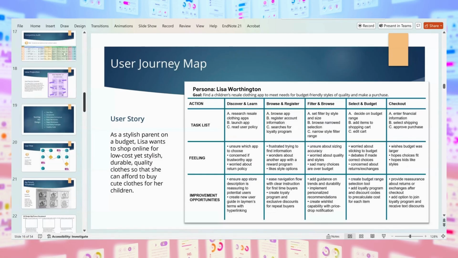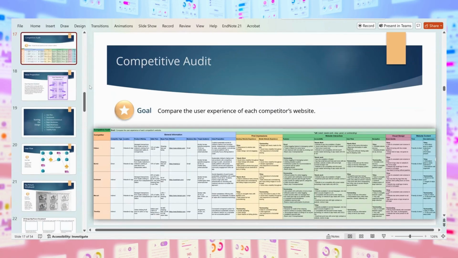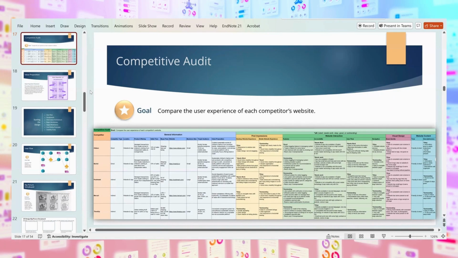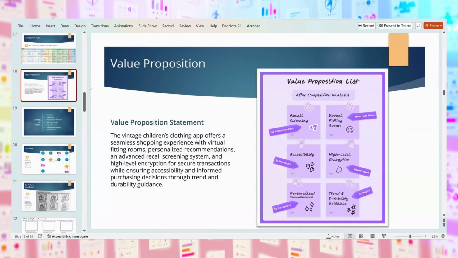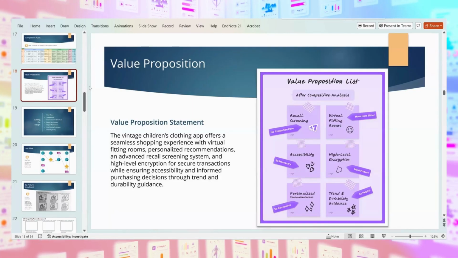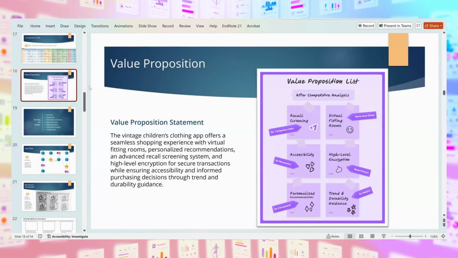And then you do a competitive audit of everything that's out there. You go and look at all the different direct and indirect competitors, and you study them, and you make a whole spreadsheet documenting everything about them. Because you don't want to recreate what somebody's already done, and you really want to fill a niche that hasn't been filled.